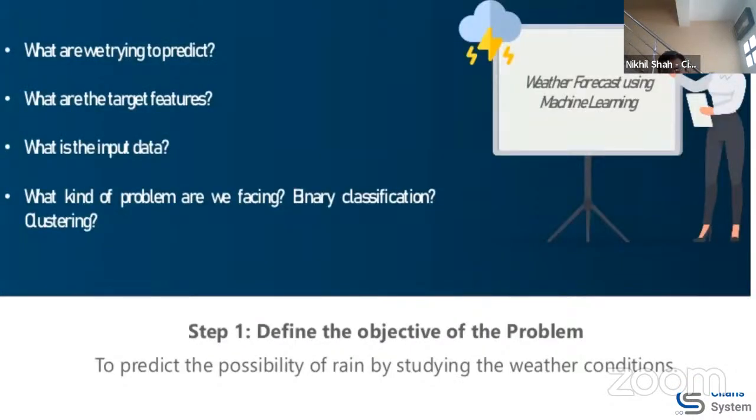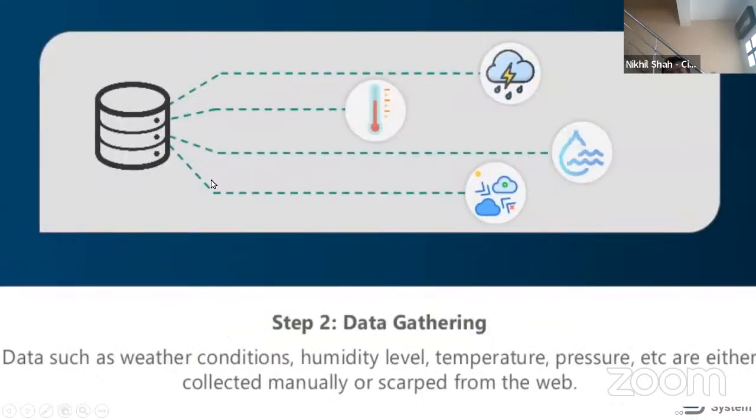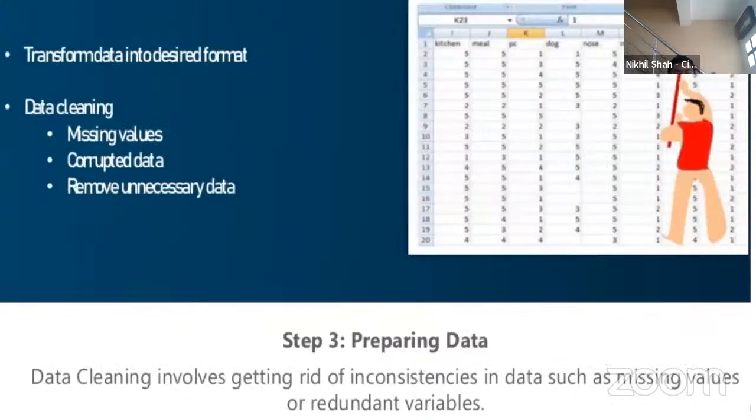So just to go through these steps very quickly, I think that will help to understand how to approach AI-based problems. First you define what kind of problem you want to solve. For that, what you are trying to predict, what kind of data points you need, all that you should identify. And then you start collecting the data. For example, it could be rain data, temperature data, or data from government public websites and whatnot.